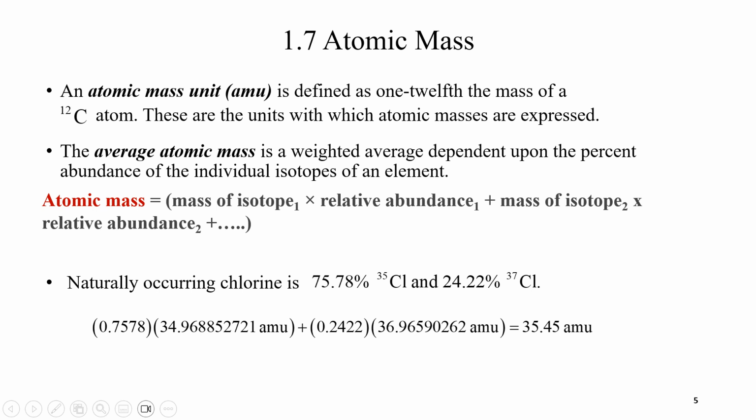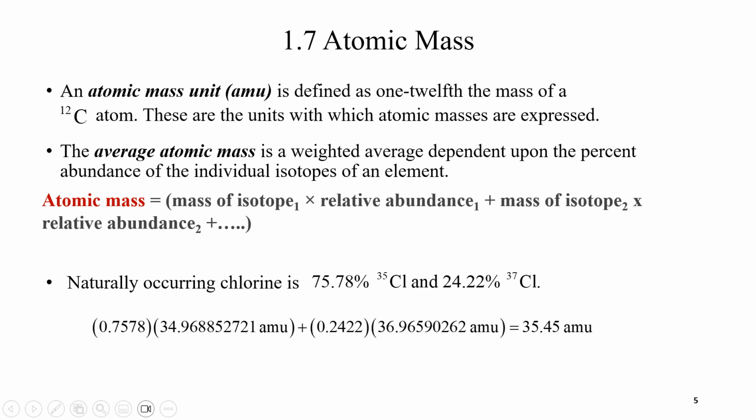Why is that? If I were to simply add up all the protons and neutrons in an atom, that should give me exactly a whole number. But that is not the case, because we have different isotopes with different abundances for each element. Just like the Granny Smith apples and the Pink Lady apples are different isotopes, the average mass is going to be determined by how much of each isotope I have.